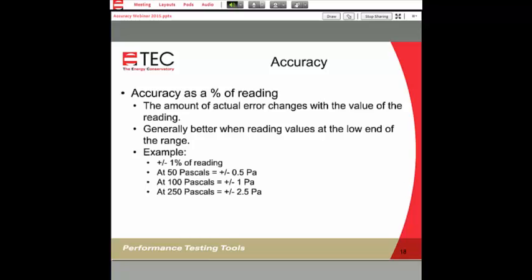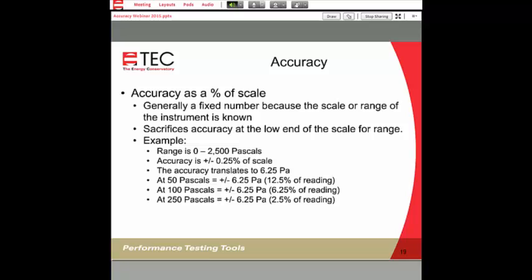So now let's compare that to accuracy as a percent of scale. Now, for example, let's say that the range of the instrument is 0 to 2,500 pascals, and the accuracy is stated as 0.25% of scale. Your first reaction might be, wow, this is only 0.25% accurate.